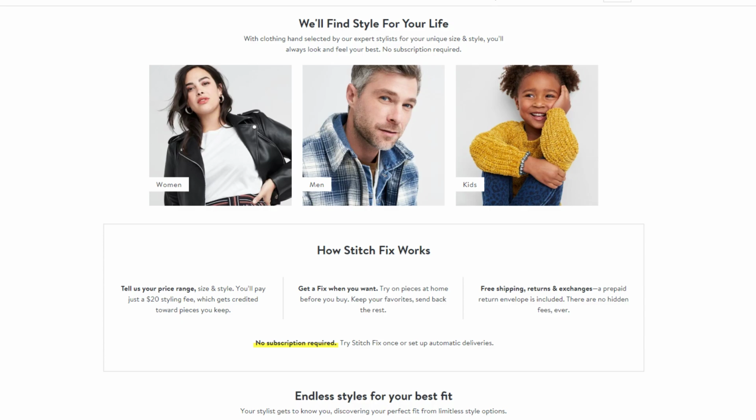If you want to purchase one of those items, you can go ahead and purchase them, and I believe it's $20 off the price of that item, because there's a $20 service charge fee. Really, if you don't like them and you return them all, you're paying $20 for that monthly delivery you had. Otherwise, you can pay for it, with $20 off the purchase price of the item that you purchase. So obviously, it's an interesting business model in that aspect, where